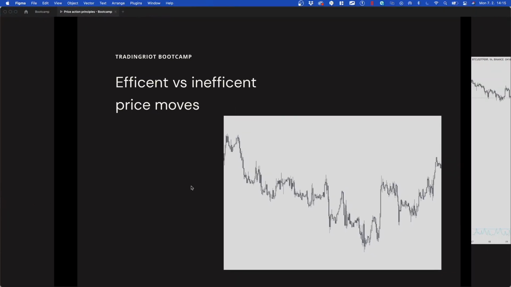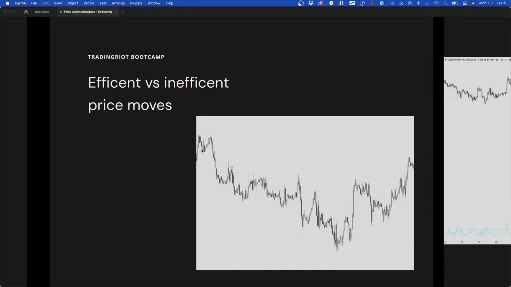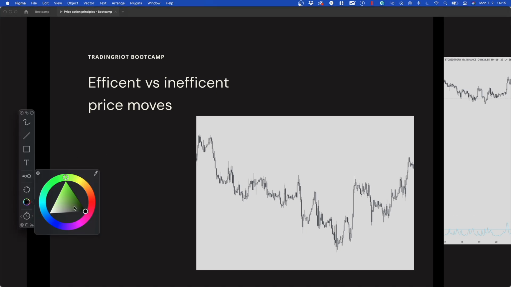Efficient versus inefficient price moves. Markets basically are doing only two things. I know most people will tell you that they are either trending or ranging, but in my opinion, they are either efficient or inefficient. This is the USD Swiss chart, and you can see how this is basically a two-way auction. The buyers and sellers here agree on these prices. The market is just rotating